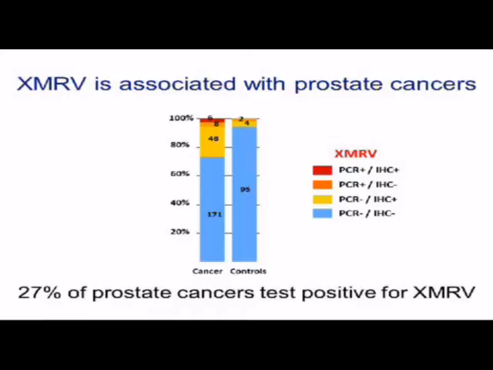This is a summary of what we found. We found that 27% of prostate cancers tested positive for XMRV using either the PCR or the immunohistochemistry. So, we added everything. And then this is our controls. Our controls showed that 6% of people either had PCR positive or IHC positive for XMRV. And what does that mean? So either it means that our tests have a rate of false positive, that is 6%. That's quite acceptable for first generation testing for anything.